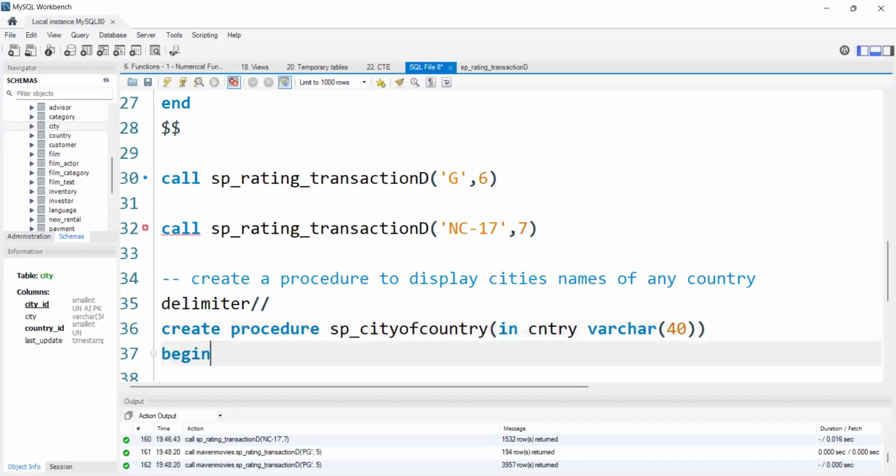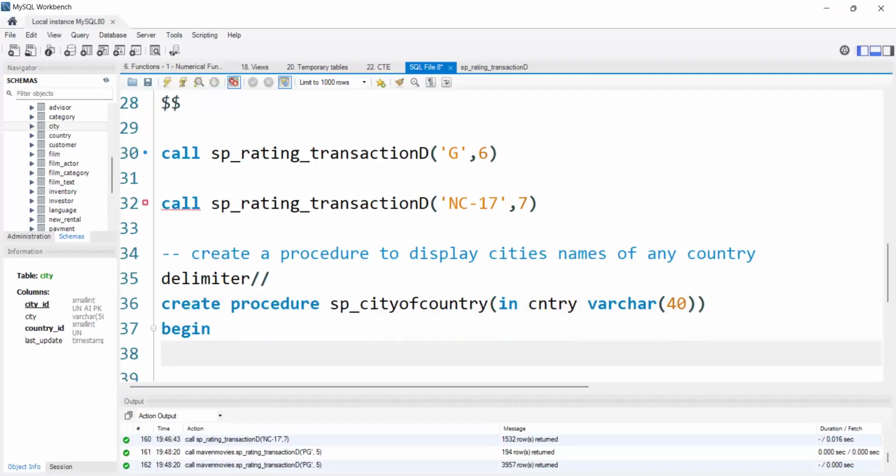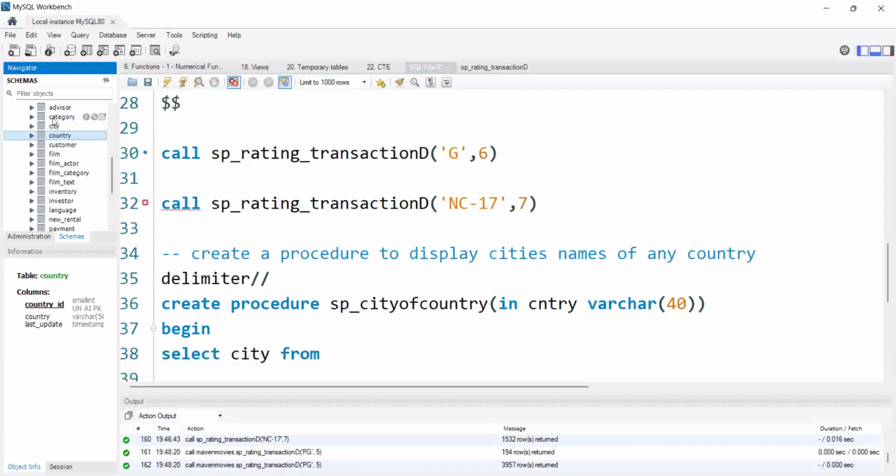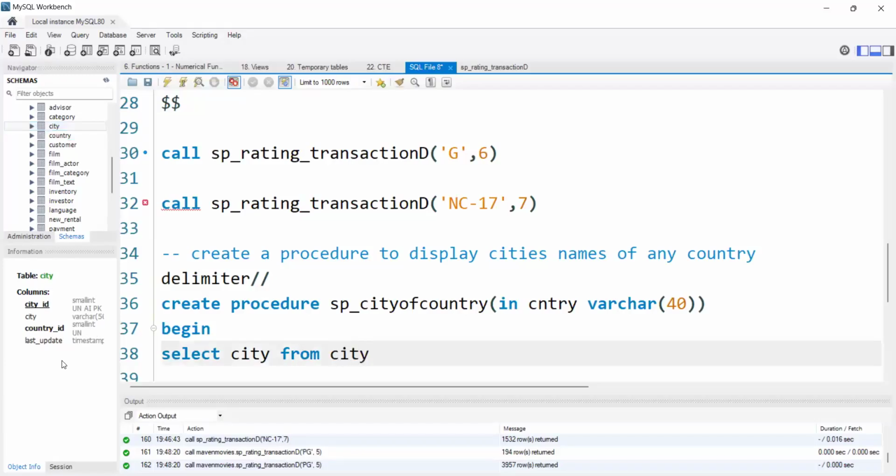So I'll use begin here, and I need to write the joins here. I need to perform the join. So simply I will say select. Instead of star, we know we are displaying the city name, so I'm directly writing city. Select city from. In country, I'm having country ID. In city also, I'm having country ID. So I will join city